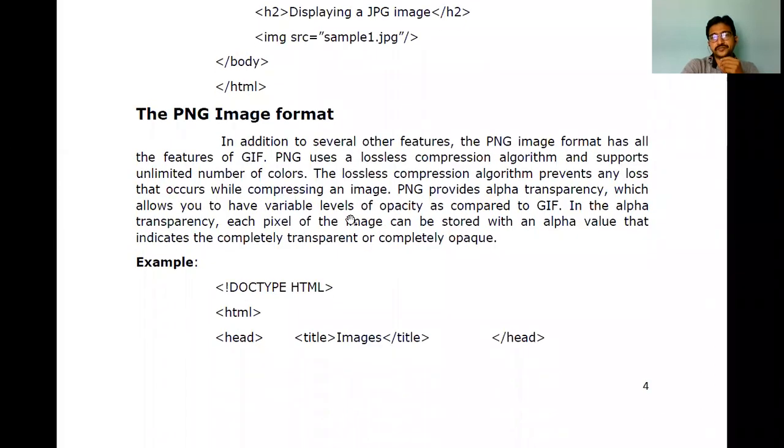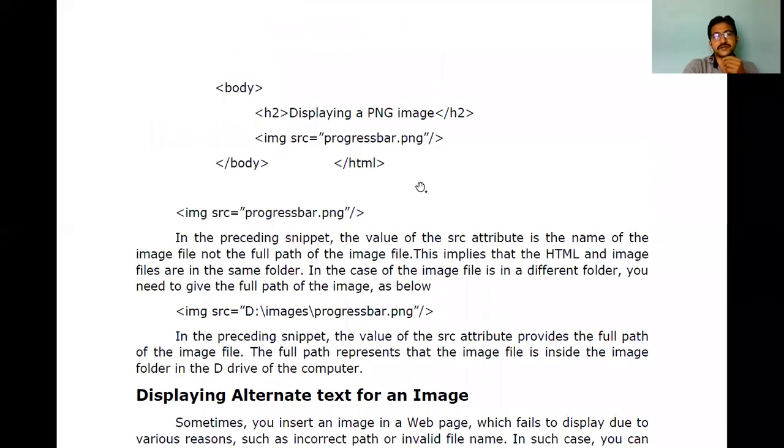And PNG is the type of format we can deal with for paints. If you have your own paint, save that in the form of PNG, which is a little bit transparent and looks like a natural image. For such type of images, we call it PNG. Just specify the path, and you can access that.